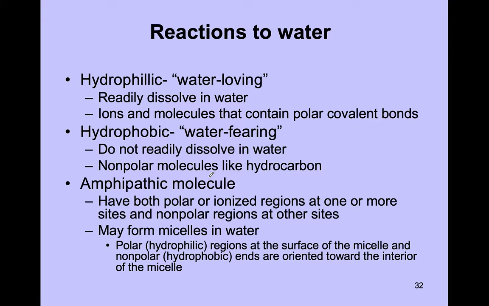Then we have what are known as amphipathic molecules. An amphipathic molecule is a molecule that has a charge difference across it. Now we're going to learn about the plasma membrane in this class, and we're going to be talking about what are called phospholipids. Phospholipids are the most famous and most common amphipathic molecule. Phospholipids are used to make up our cell membranes. Amphipathic molecules are usually fairly large, and one side of the molecule has a polar, hydrophilic region,